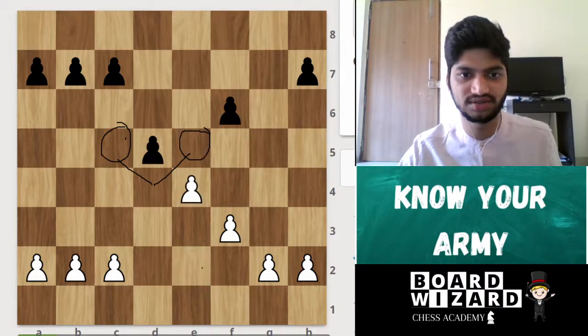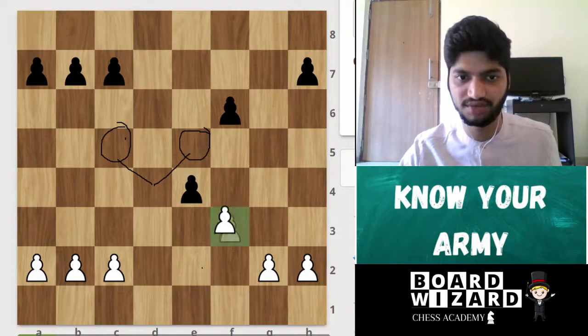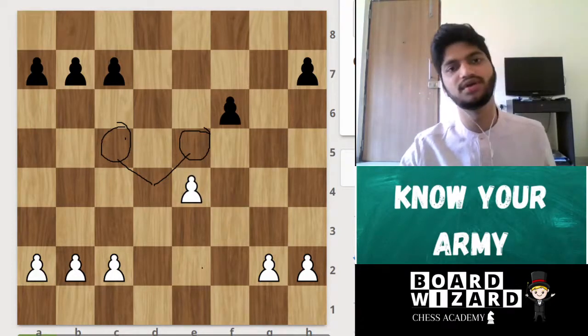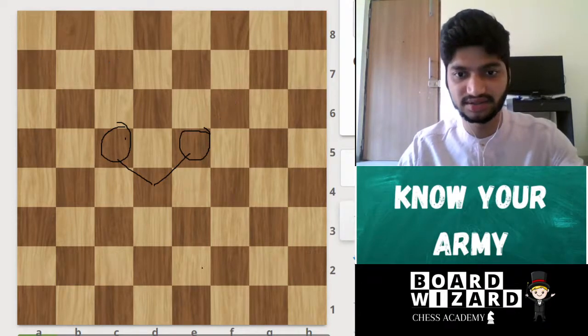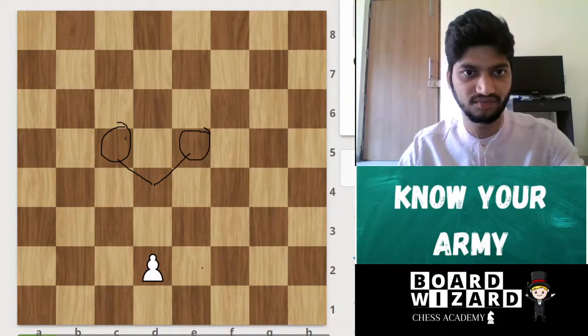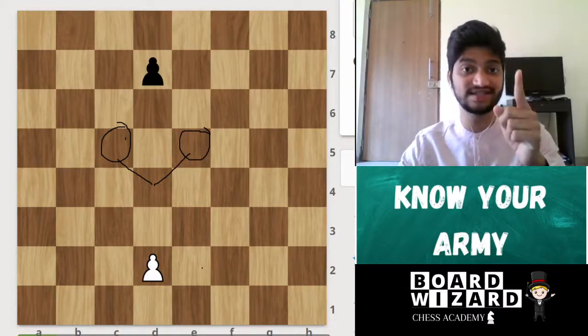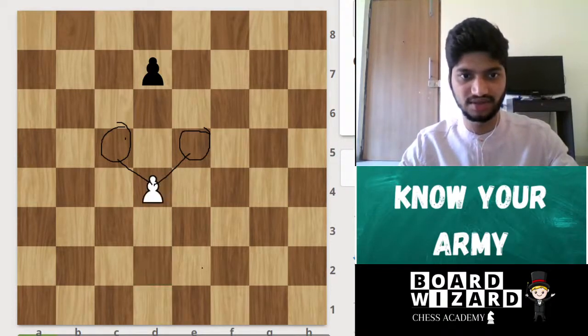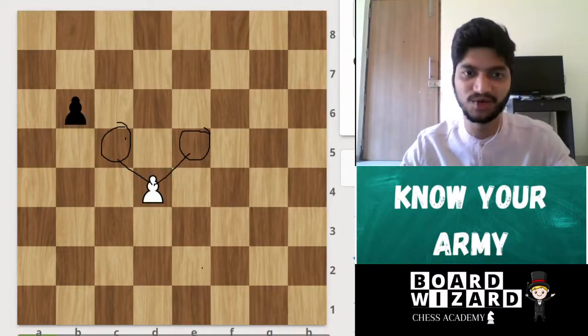Let's see this. Now this pawn can just kill this pawn. The F3 pawn can kill the E4 pawn, and that's how the pawn kills. They kill in the slanting line, and that too in the forward slanting line, one step only. For example, if the pawn is on b6 and our pawn is on d4, our pawn cannot go and kill the b6 pawn. That's not possible.